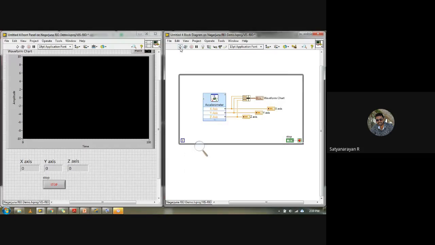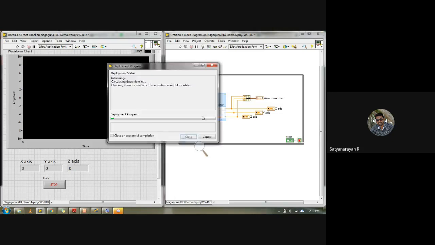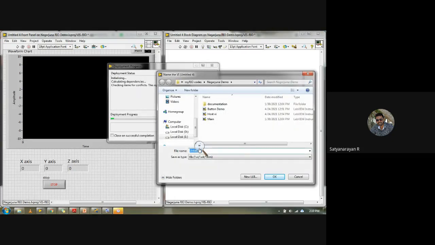Now if I try to run, I'll not run continuously. Why? Because I have kept this inside a while loop, and everyone knows how a while loop works. A while loop keeps running in an infinite way until and unless you give a condition, it won't stop. That is how the while loop works. Now we'll see by clicking run. It will ask to save, so okay, I'll just save.